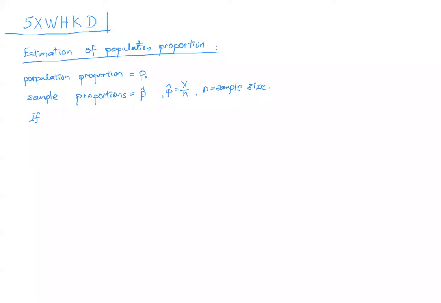If n is greater than 30, then your sample proportion distribution will be normally distributed. Okay, this one you can read from the notes that I've written down for you. Or if n is less than 30, then we have to check if NP is greater than 5 and NQ, which is N times (1 minus P), is also greater than 5, then